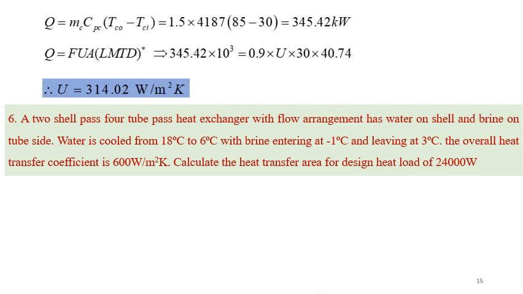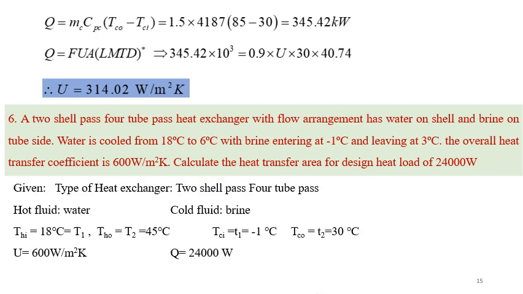A 2 shell pass 4 tube pass heat exchanger. The type of heat exchanger is a 2 shell pass multi-pass heat exchanger. Okay, and with the flow arrangement has water on the shell side and brine on the tube side. Water is cooled from 18 degrees centigrade to 6 degrees, both the inlet and outlet temperatures given. Brine entering at -1 degree centigrade and leaving at 3 degrees centigrade, inlet and outlet temperatures of brine are also given. Overall heat transfer coefficient U is given. You have to calculate the heat transfer area for a design heat load of